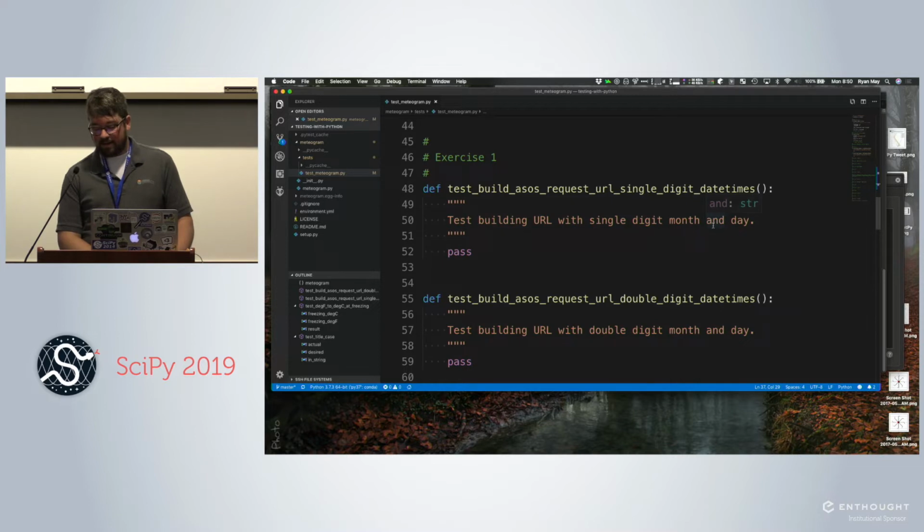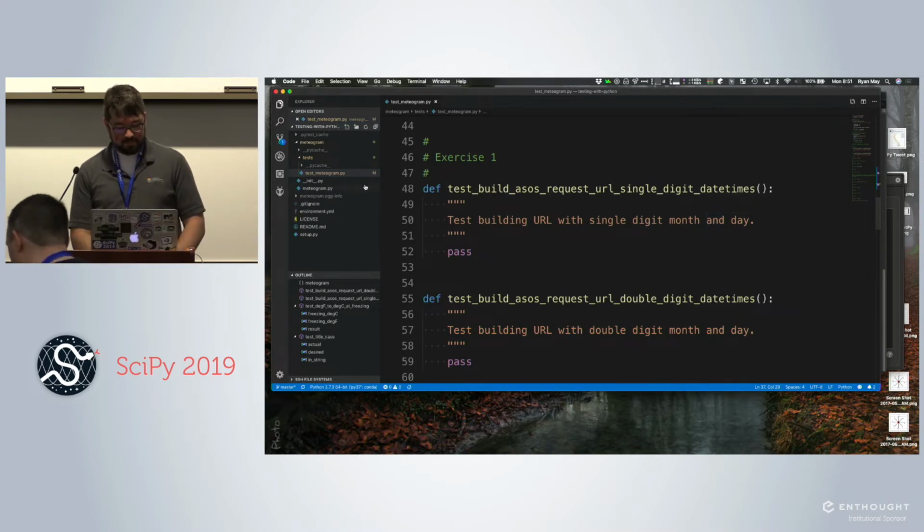Okay, so what we're going to do now is you're going to write some tests. These are going to be a little bit more complicated tests. You're going to call a function from Mediogram, and you're going to do a string comparison. And you might say, how do I know that this function in Mediogram is returning the correct string? You can either trust me, which is a very dangerous thing to do, and I don't recommend it, or you can try running it and follow this URL that it's going to build and ask, is that a valid URL?